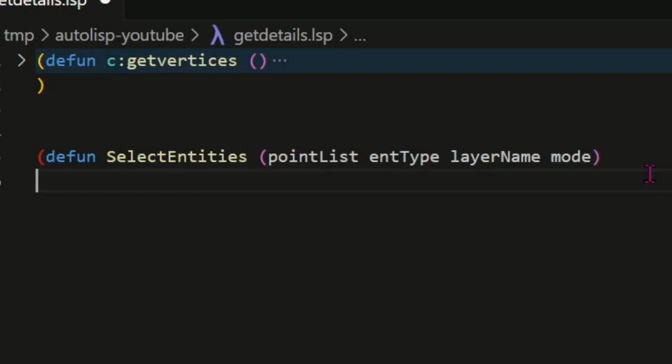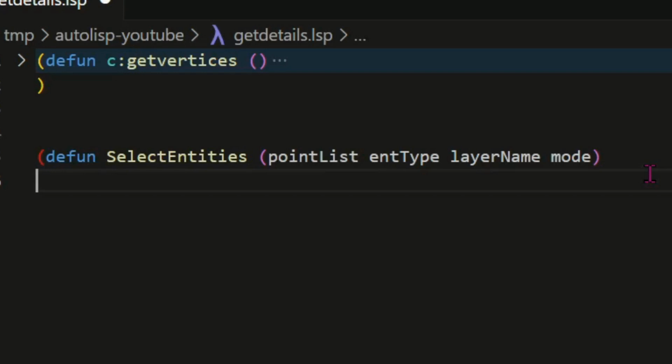This function accepts four arguments. First is a list of points, that is, a list of x, y, and z coordinates. Second is entity type, like line, polyline, circle, text, etc.